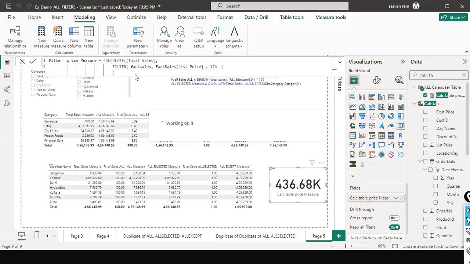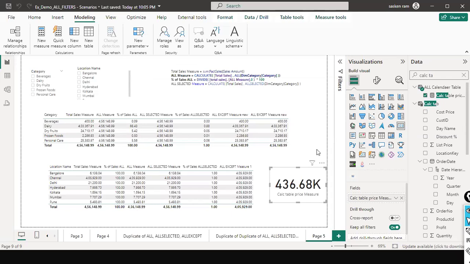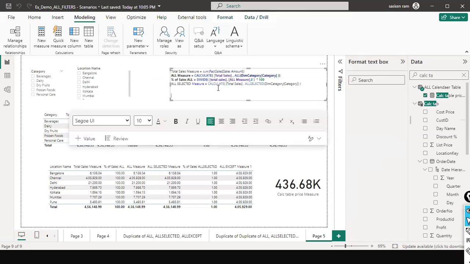Instead of calculate table, I'm going to use the filter function here. But is it possible for me to use the filter function as a first argument? Yes, right? Instead of total sales, you can use the filter there itself. You can refer to the previous session. Okay, filter price measure. I just create another